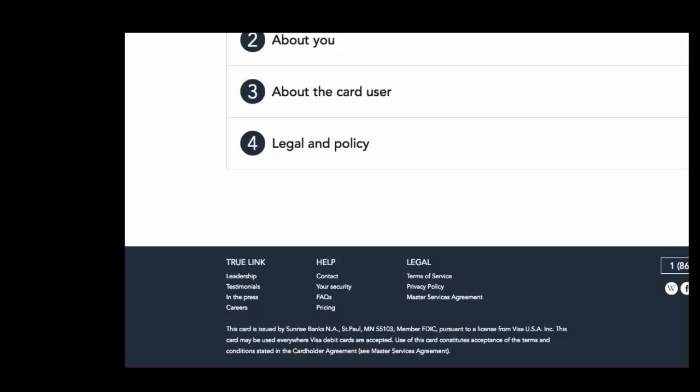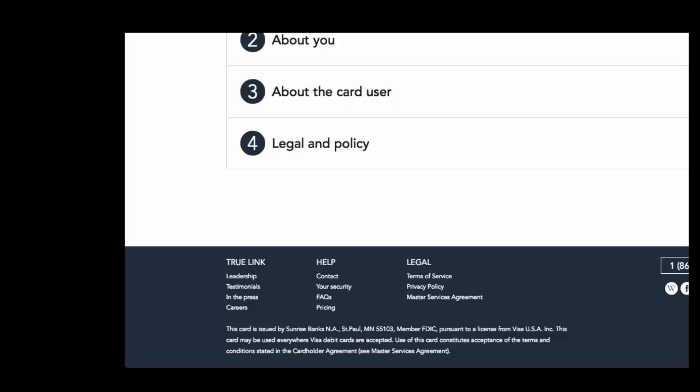So a lot of our folks get their payroll deposited onto the card. Like their employer, they work a little bit during the month and their employer puts money on the card. Or a lot of our pool trusts actually push funds onto the card in that way. Or you can connect a bank account to the TrueLink card by providing us the account number and the routing number. We verify that bank account, and then only at your command do we pull funds out of that bank account and onto the card.